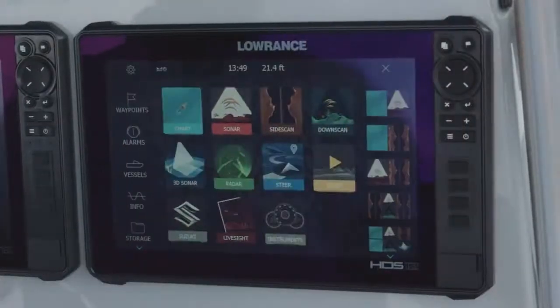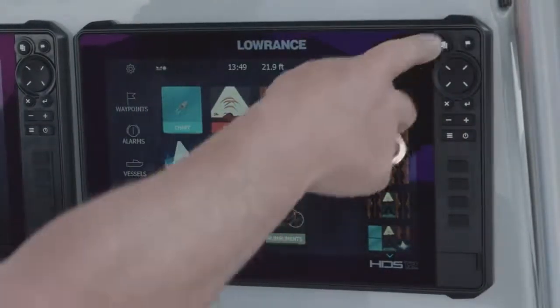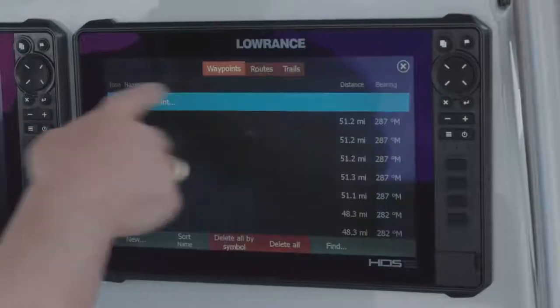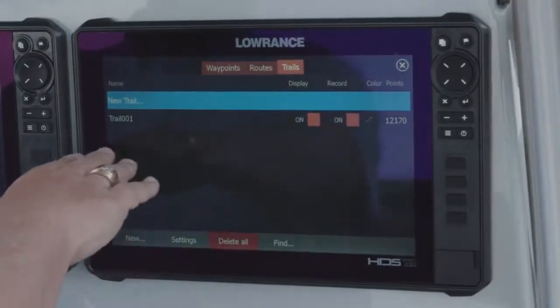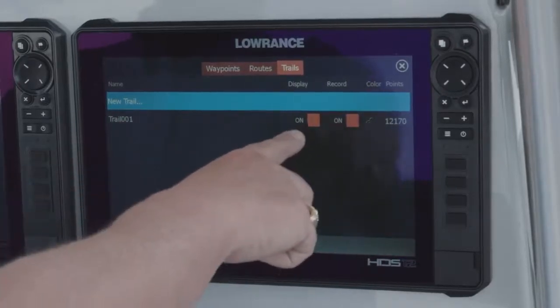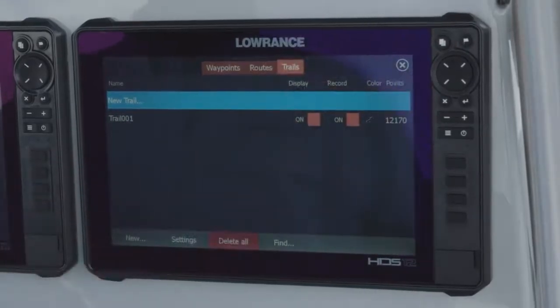So how do we manage them? Well, we press the pages button and we can go to the waypoints and we select trails over here on the right hand side. As you can see, I've got trail number 1. Display is turned on and record is turned on. So that means it's going to show up on my screen and it's going to keep dropping pinpoints as we